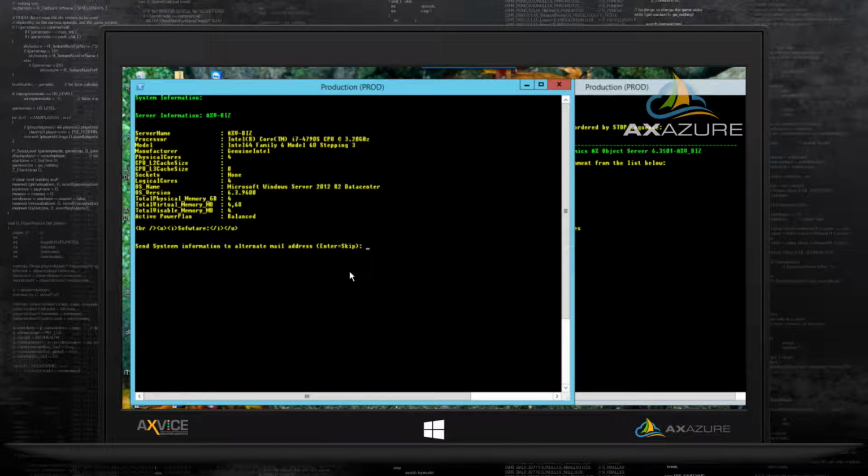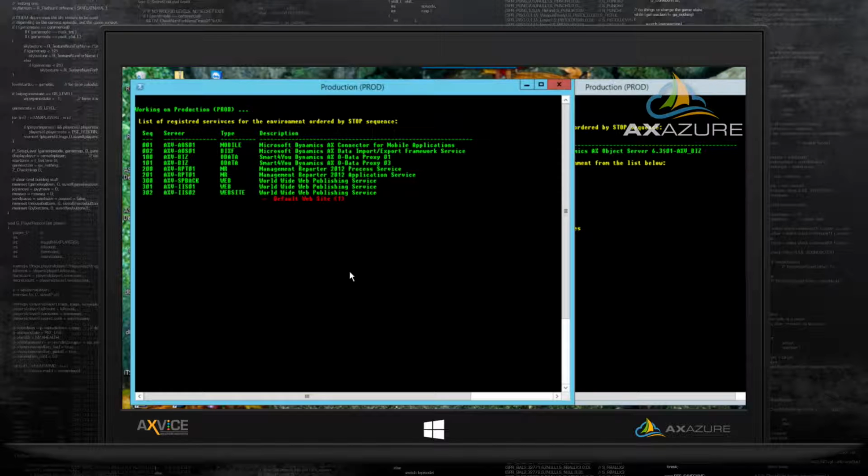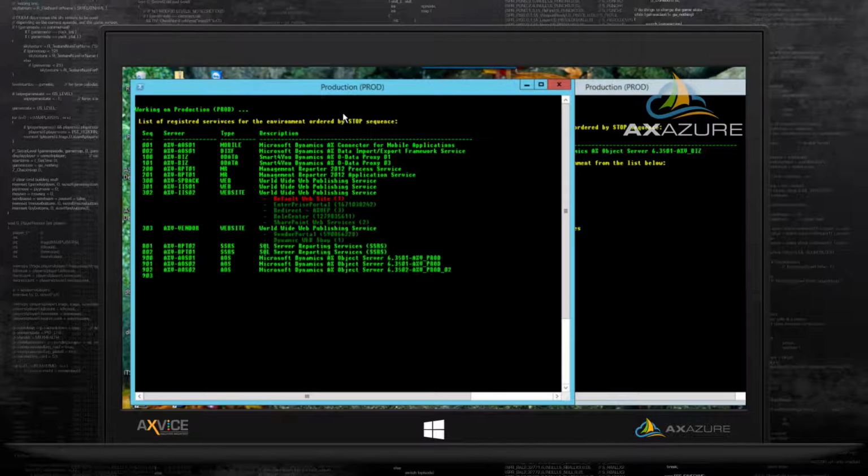What it will show is the basic information that you will see here. But if you hit enter and you enter a mail address here, other than your own, obviously, but that could be a support engineer from Microsoft, it could be somebody else. Hit enter, and what we will see in a minute, hopefully, is that a mail will arrive to me with the system information from this server.